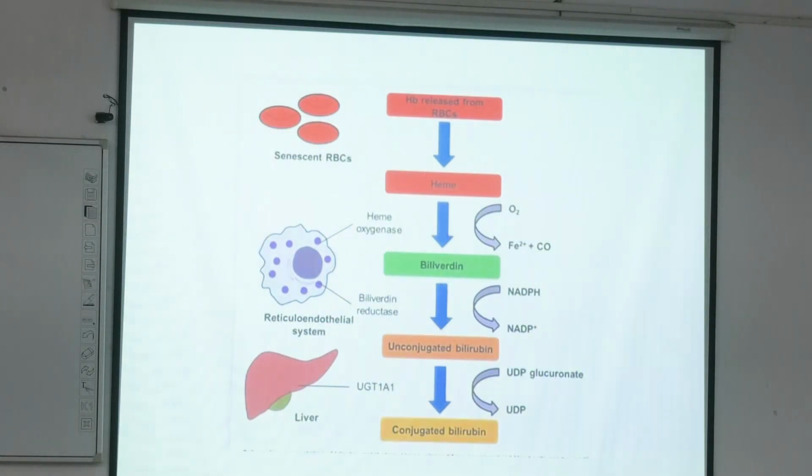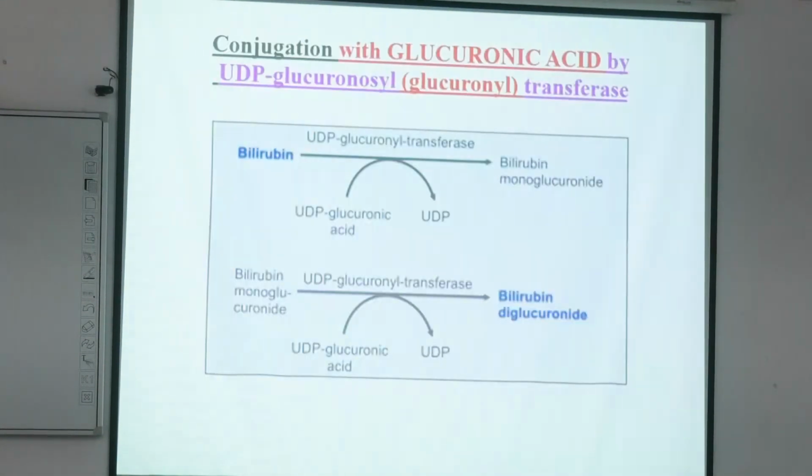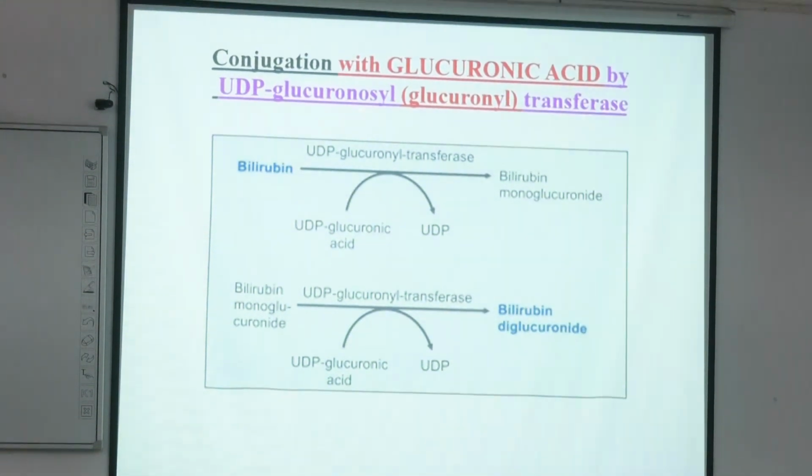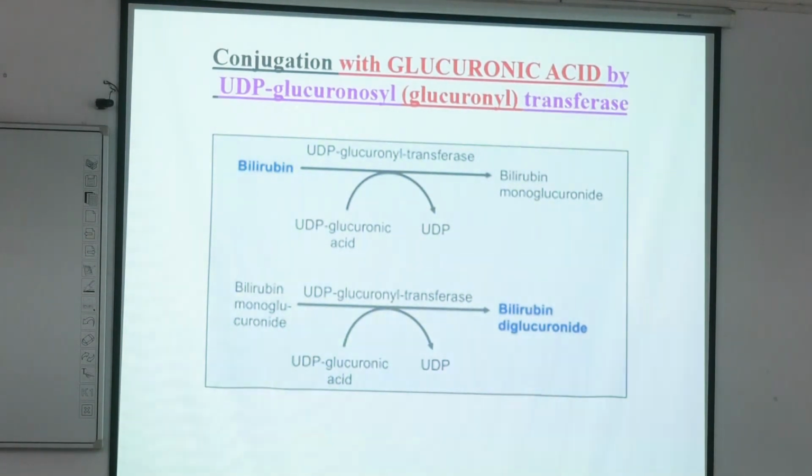So, just to summarize this part, I stopped here at unconjugated bilirubin. Unconjugated bilirubin will be converted to conjugated bilirubin with the help of the enzyme UDP glucuronyl transferase. Conjugation takes place, and I am telling you repeatedly so that you remember, you must not forget this UDP